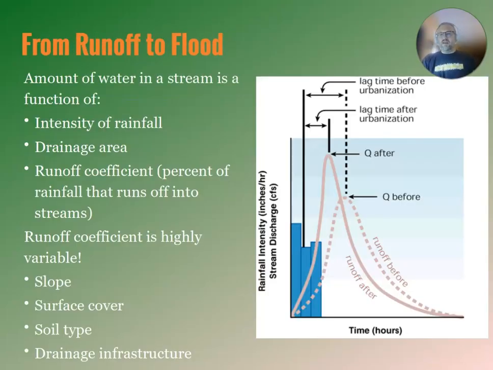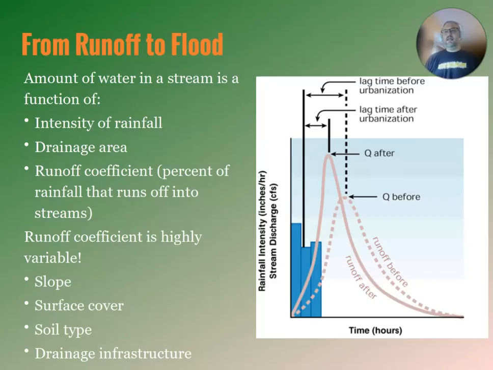Okay, so that floodwater is, in the cases we're talking about here, coming from runoff from precipitation. So we're focusing on precipitation-driven floods here. So how do we connect the amount of precipitation that's falling to the floods that might cause as that water gets into the stream? Well, the amount of water going into a stream is going to be a function of